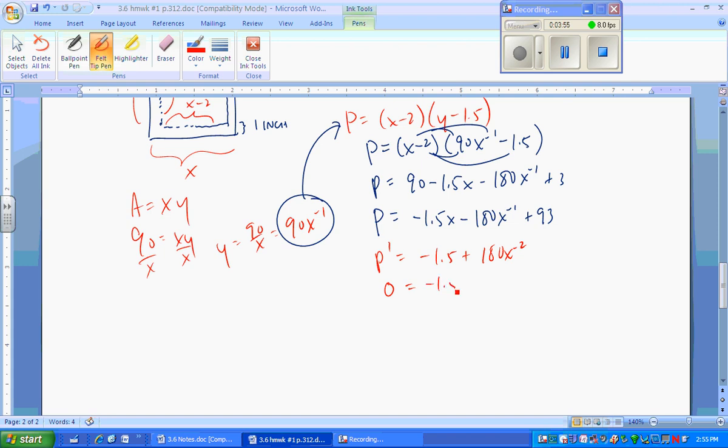We get negative 1.5 plus 180 over x squared. If we add 1.5 to both sides, we get 1.5 equals 180 over x squared. Multiply both sides by x squared. 1.5x squared equals 180. Divide both sides by 1.5, and we get